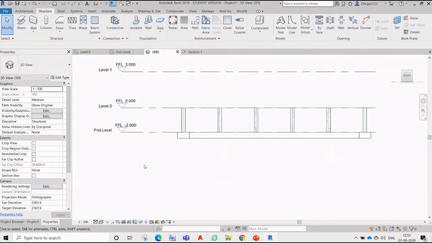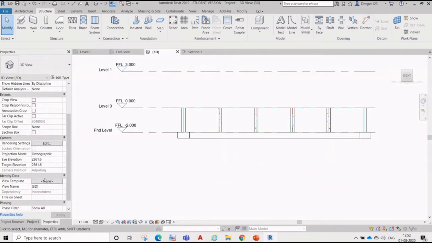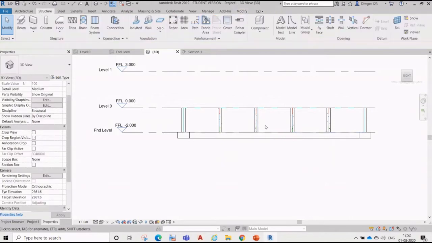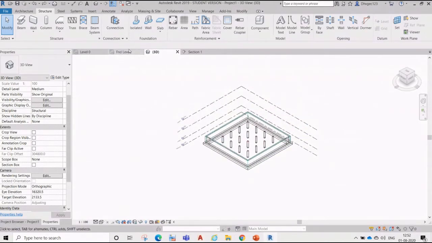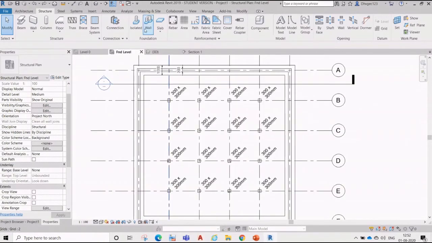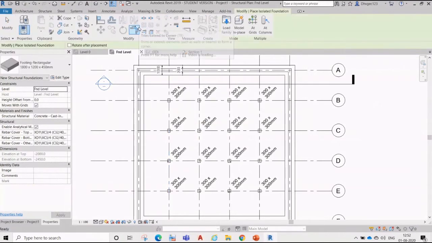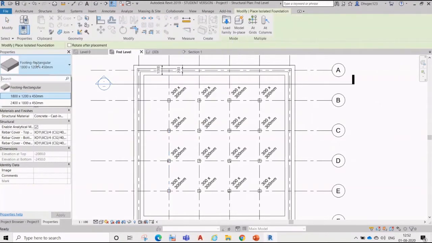Sometimes what happens is you are changing something, you press backspace and put something over here. Sometimes backspace means delete, right? So now you can see this one like this. Now we'll put the foundation of it, the column foundation. For that, we use isolated foundations. Choose that one, then you will get one or two predefined. Yes, Pradeep. Yes, Pradeep.